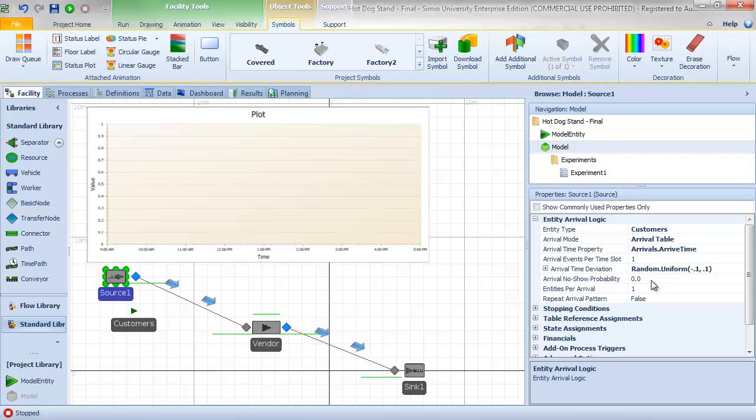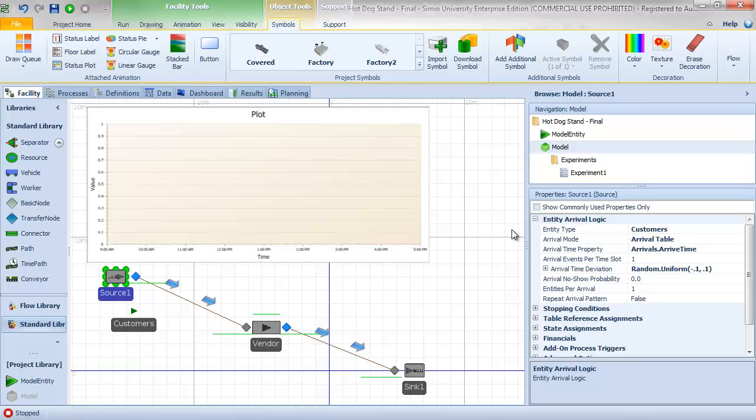deviation. Similarly, we can also have a no-show probability, so I can specify the probability that an individual arrival will just not occur. And so if you think about perhaps a doctor's office, dentist's office, or something like that, where you have fixed arrival times, and then you might have the deviation, and you might also have a no-show probability. So it provides a nice mechanism to do experimentation around that fixed arrival time. Of course, with a hot dog stand, this random arrival deviation might not make as much sense as it would in say, a doctor's office, but I think you get the idea of how you could use